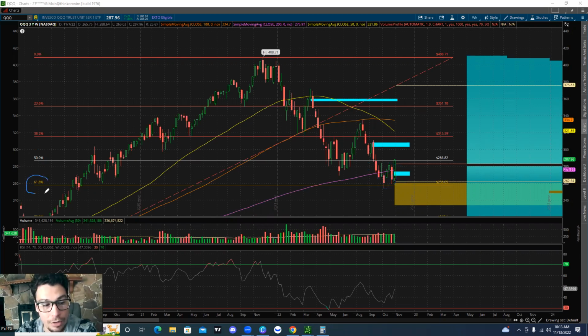But look at where we bounced, right? At the 61.8% retracement level. That's our golden ratio, right? And again, we have a low volume area right here. It either acts as a wall of support or resistance, or an area where you're going to quickly move through